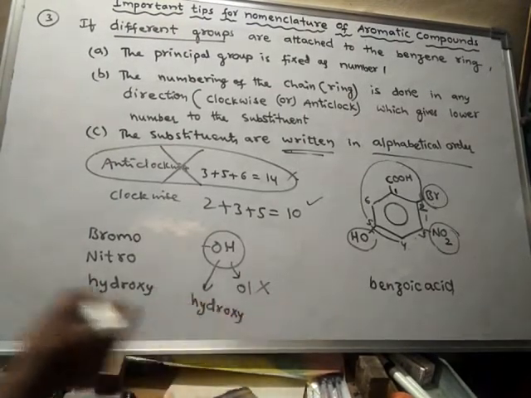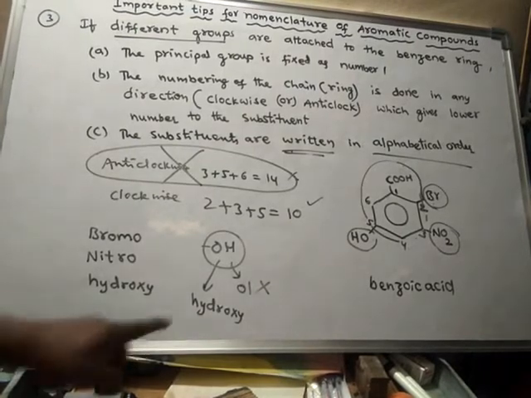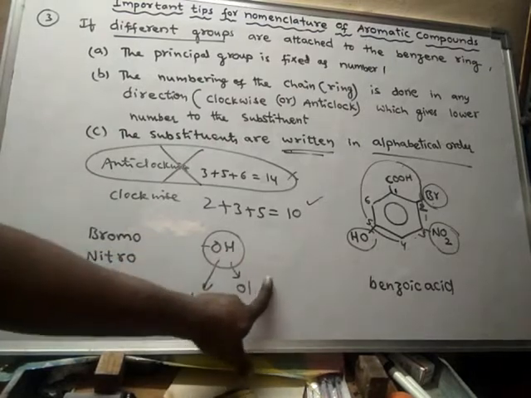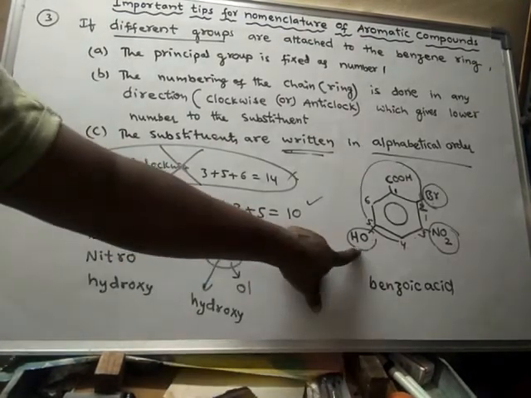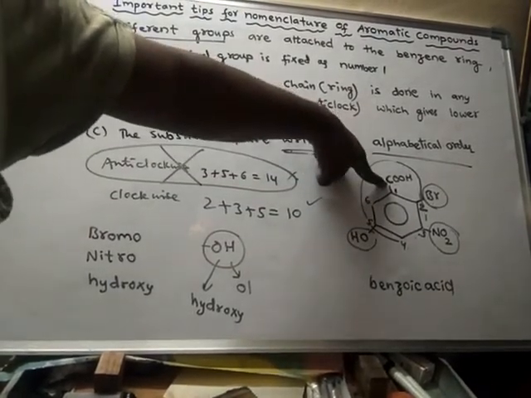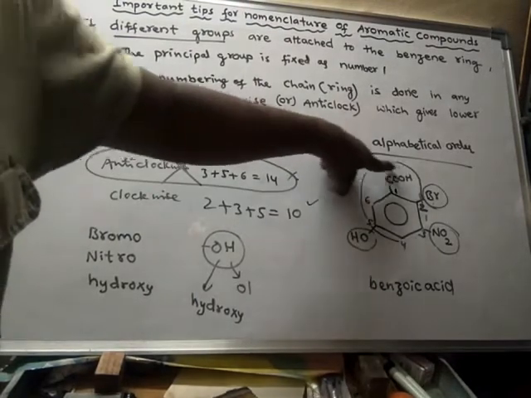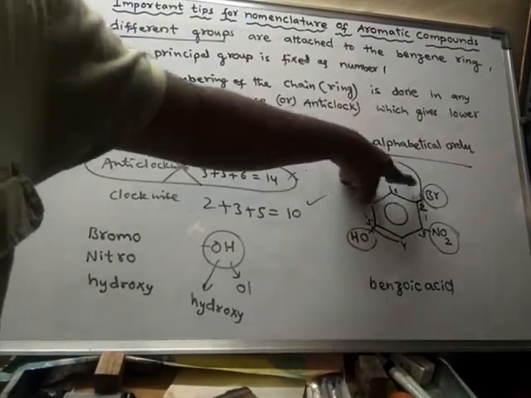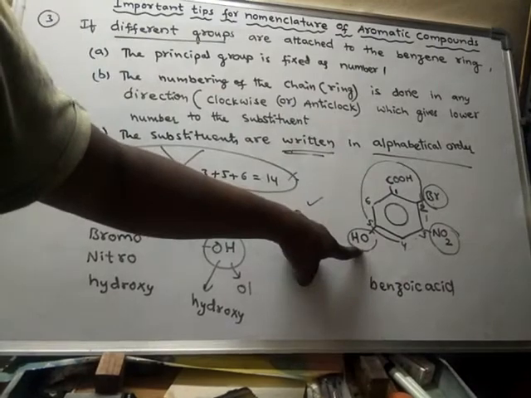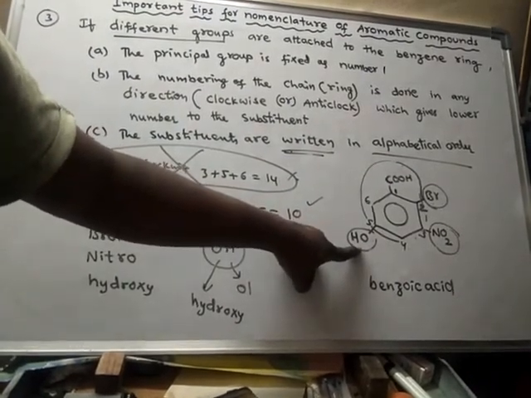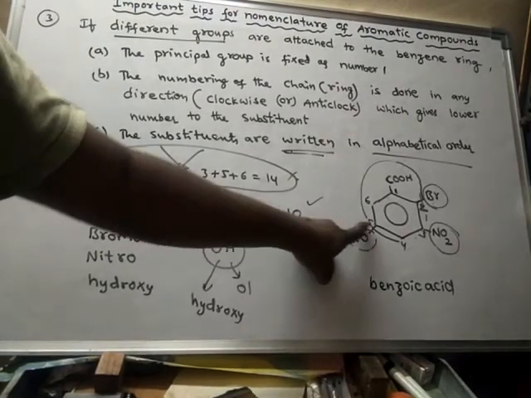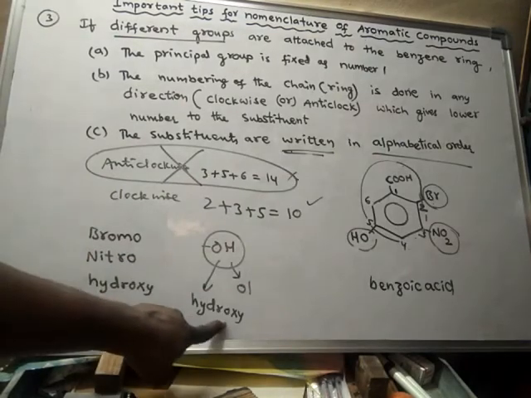Whenever OH group acts as a substituent, we have to use hydroxy. If OH group acts as principal functional group, then only we have to use ol. But here we cannot use OH as principal functional group, because there is another functional group which has more priority over OH. Hence this functional group acts as the principal functional group. When there is another principal functional group, this OH becomes a secondary grade functional group, and it should be treated as a substituent only. Whenever OH is treated as a substituent, then it should be written as hydroxy.